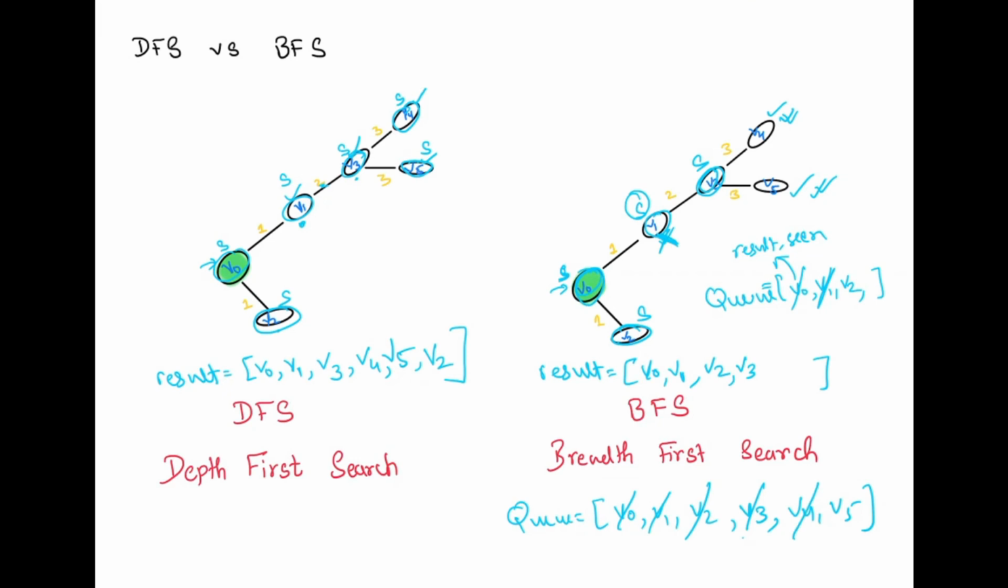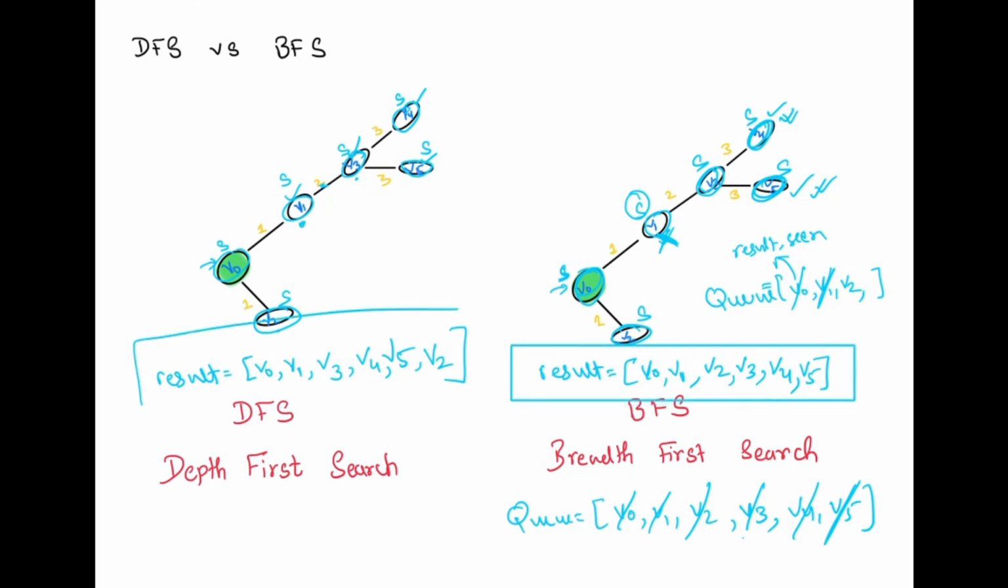and then I'm going to pop v4 from the queue. The moment I pop, I want to add it to the result and also mark it as seen, and add the neighbors of v4 to the queue. v4 does not have any new neighbors, so we are not going to append anything to the queue. Again, I will pop from the queue. I pop v5 from the queue and immediately add it to result and also mark it as seen as well. So this is the result that we have for breadth first search,